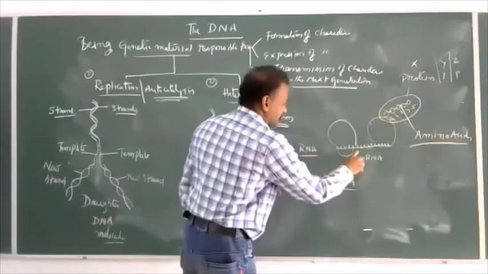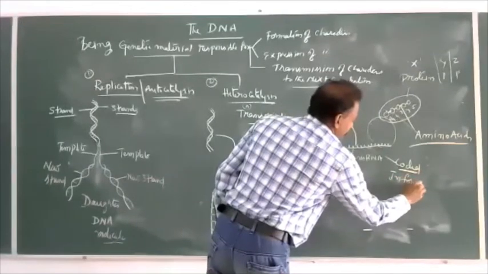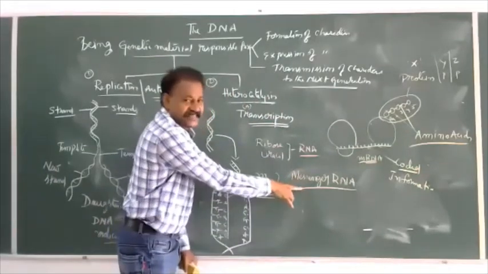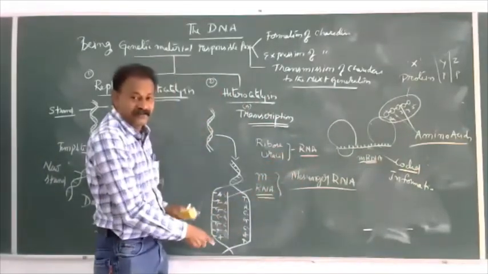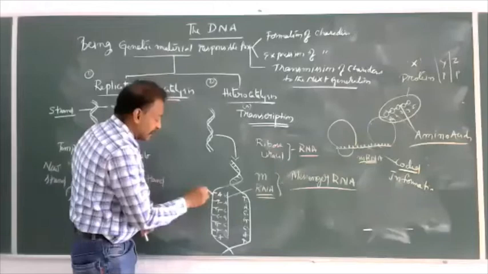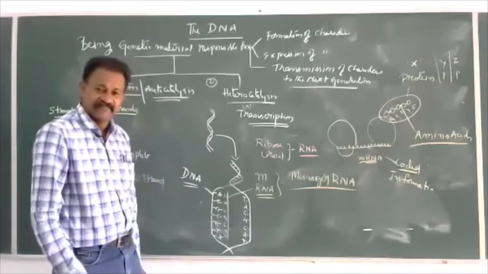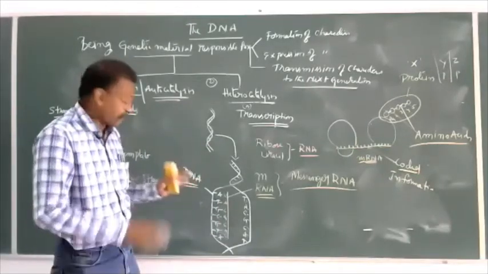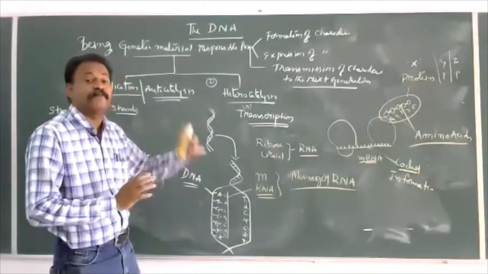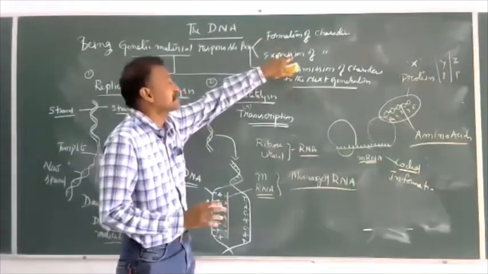And amino acids are determined because of the coded information found in mRNA. And mRNA is considered a messenger because it has taken this coded information by a process called transcription from the DNA. So DNA is the ultimate responsible structure, the director. It is the main functional molecule responsible for building up the characters, for the formation and expression of characters.